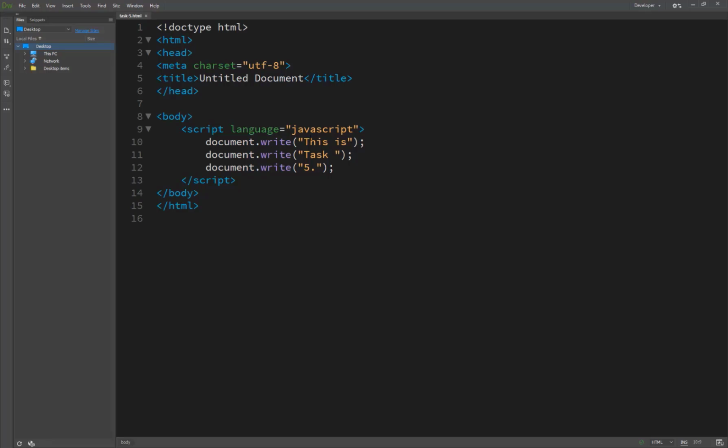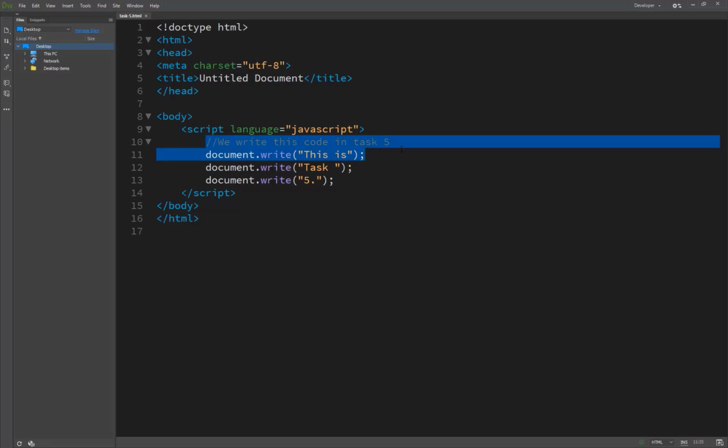So by passing comments, we first use single line comments. Let's suppose we write this code in task 5, and now you see the results.